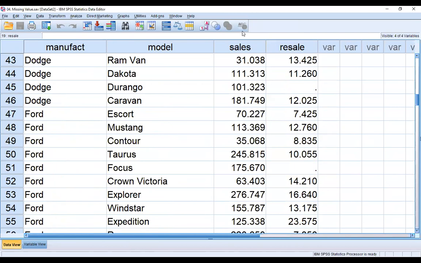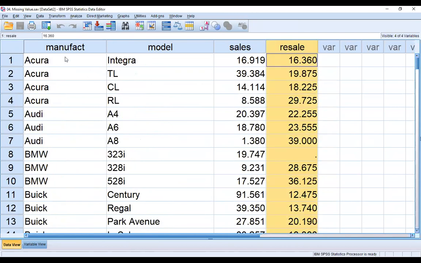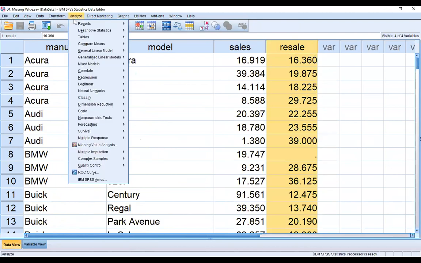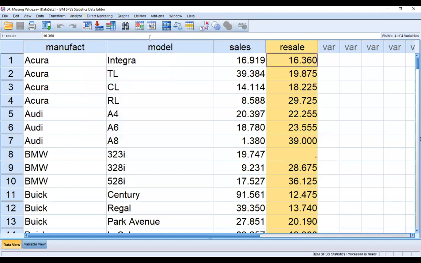So first of all we take the mean value of the resale price: analyze, then descriptive statistics. I am taking the mean value of all the non-missing cases. Then analyze, descriptive statistics, and descriptives.